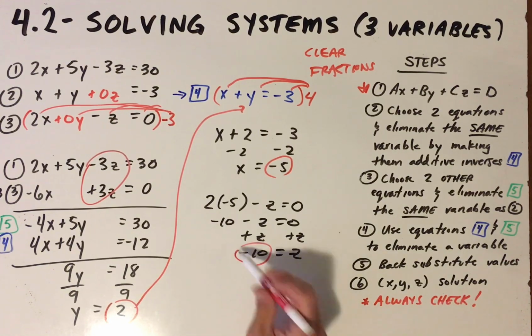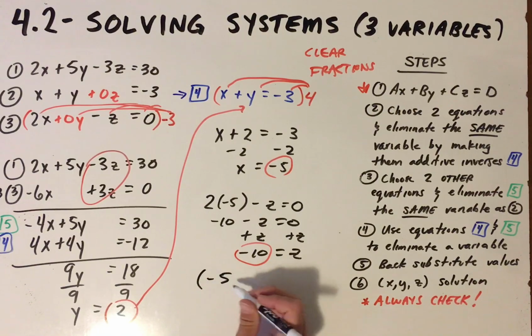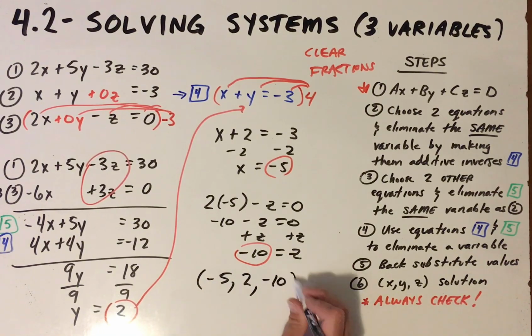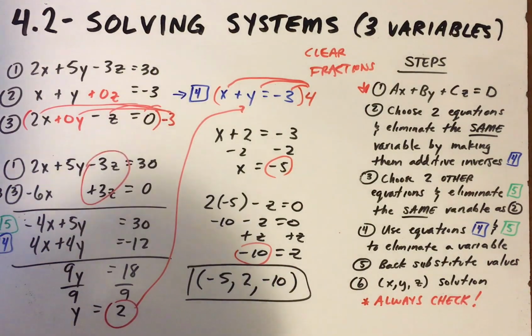All right, so that is the ordered triplet. So I'm going to write this as an ordered triplet. The x value is negative 5, the y value is 2, and the z value is negative 10. You're always going to write it as x, y, z. So this is my solution, and this means that these all intersect at one specific spot. The last thing that I want to do is